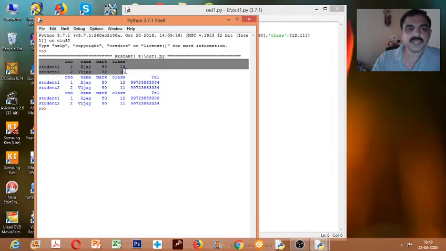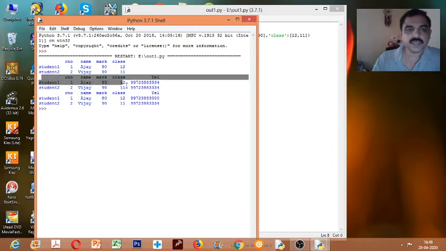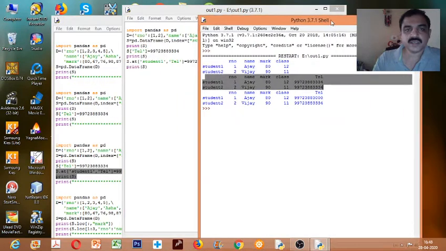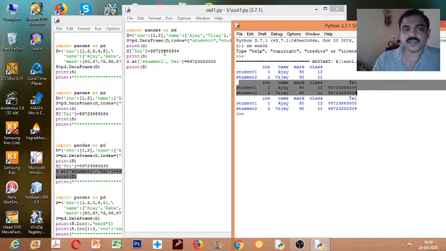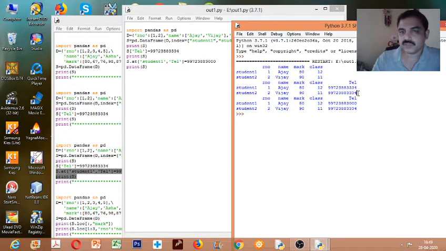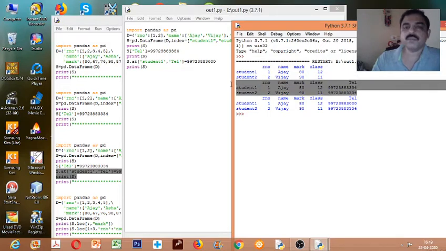So here in the beginning I displayed the data frame, then I displayed the data frame after adding a new column tel. Here it was the same values for both the rows. Now I modified student 1's telephone number.